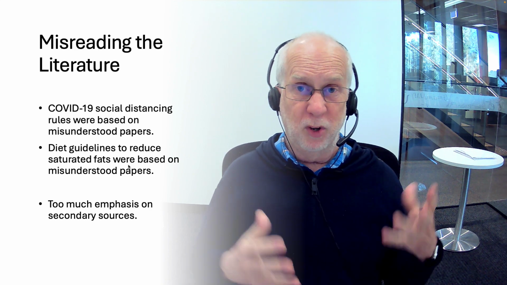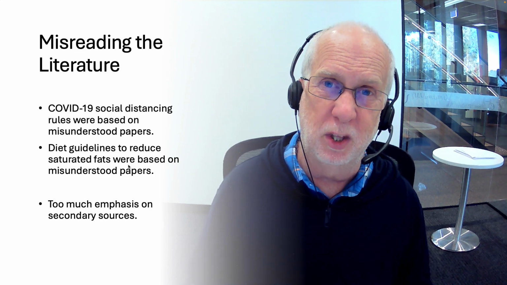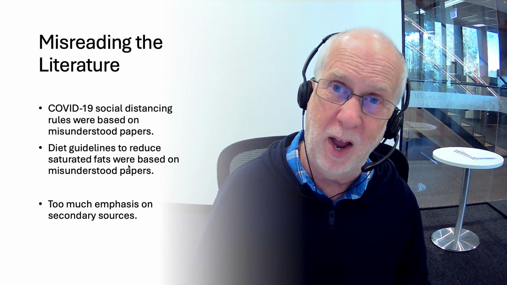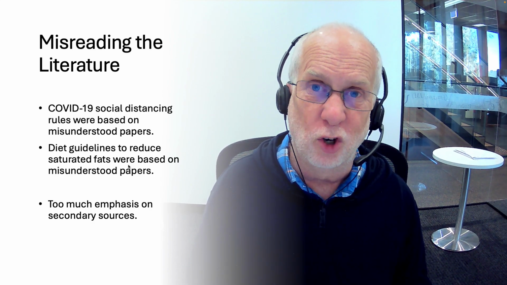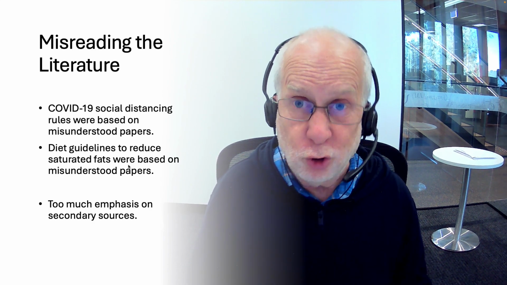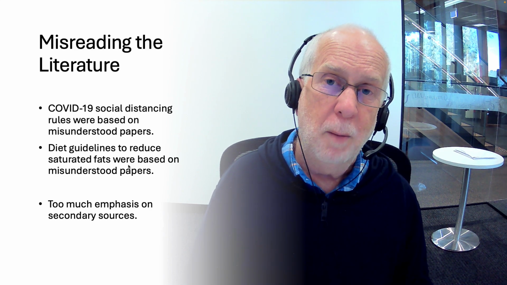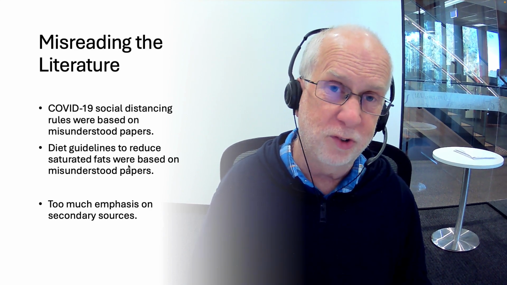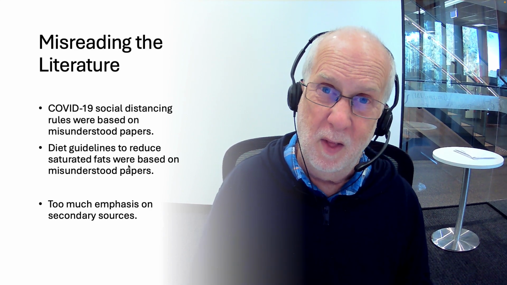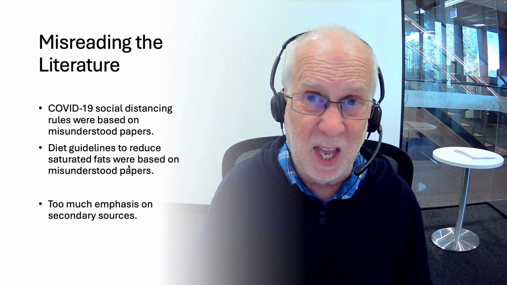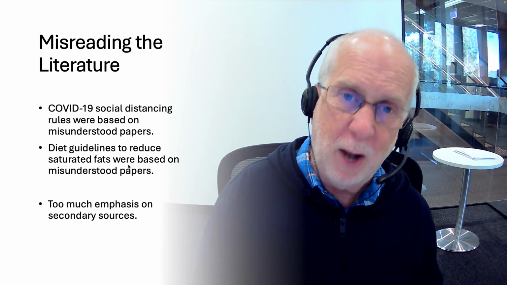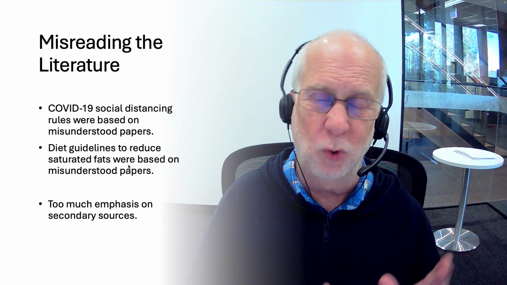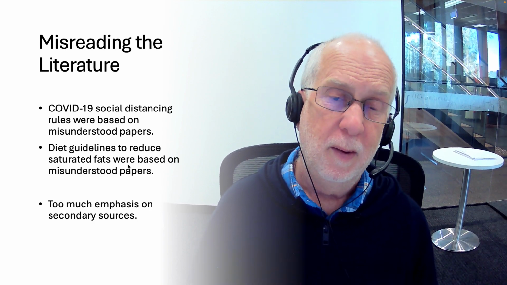Another famous example is diet guidelines. For a long time people said the most dangerous thing in your diet is saturated fat. It turns out the most dangerous thing in your diet is sugar. A lot of the research proving that fat was bad was commissioned by the sugar industry. But again, the original papers were nuanced and careful and didn't make mistakes, but people didn't read them very carefully, and people just looked at what other people said about the original papers rather than going back and reading them, and so a wrong idea came through.